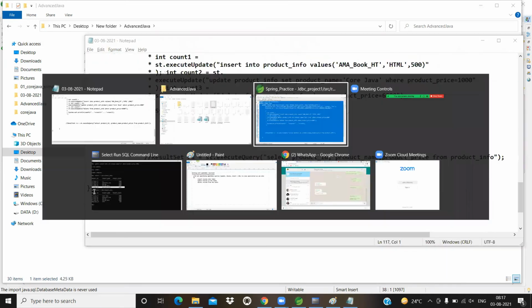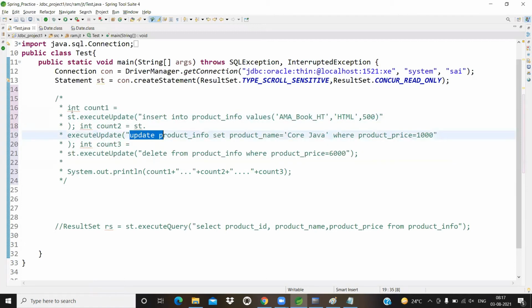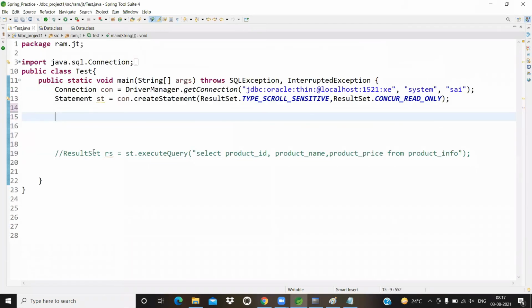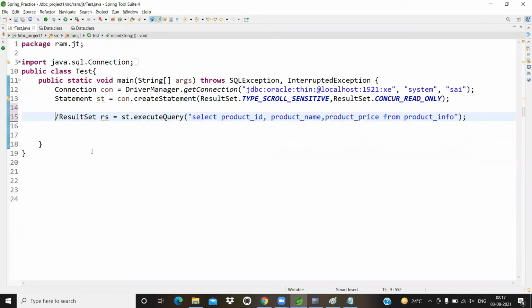In the previous sessions, we discussed this type of coding. By writing queries, we can insert data into the table, update the data in the table, and delete data from the table. But we can avoid that type of coding by using what? Updatable result set. No need to write any query.